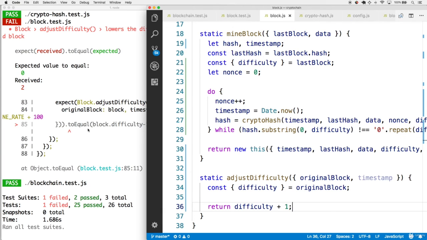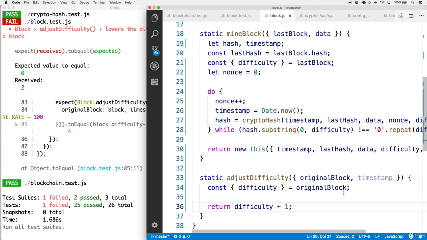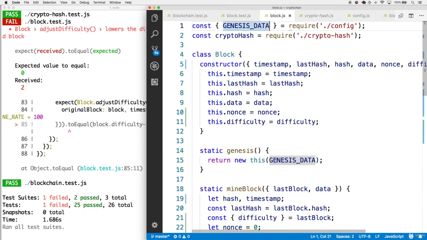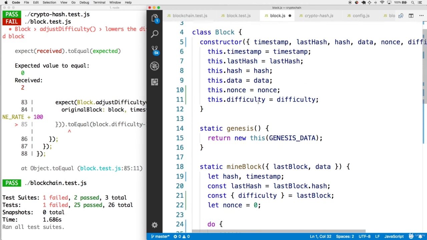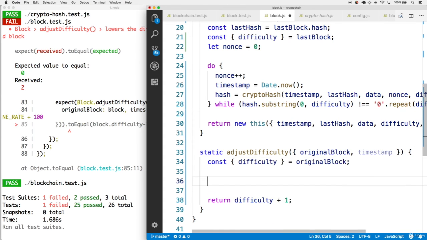And to do that, we need to check that this new timestamp comes within the mine rate value according to this original block's timestamp. So at the top, let's also require the mine rate from the config file. So have that next to Genesis data. And then once you have that, head back to the new adjust difficulty function. And then let's get a value for the difference between the incoming timestamp and the original timestamp. So let's make a const of difference. This will be equal to the timestamp minus the original